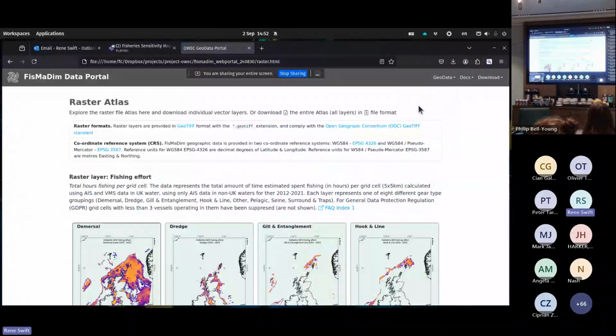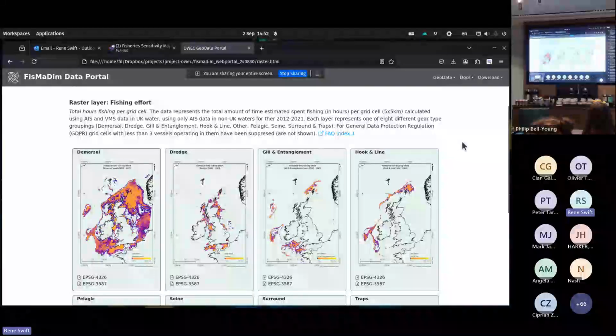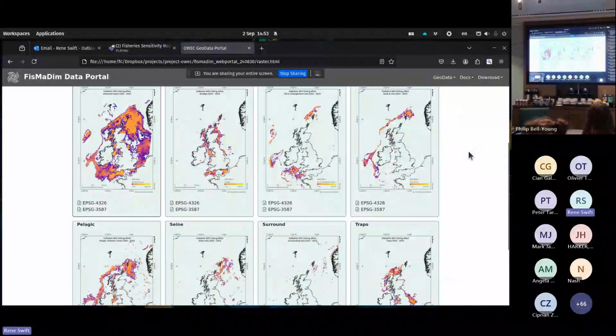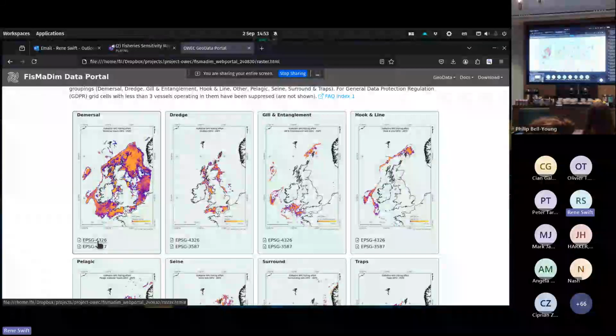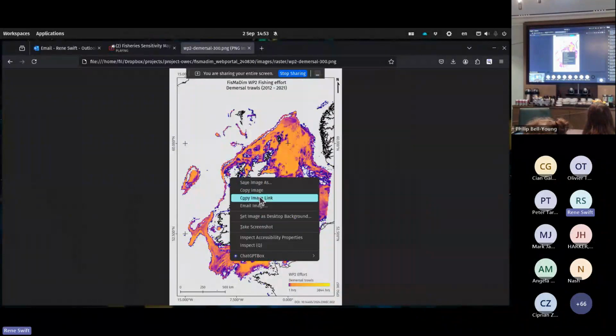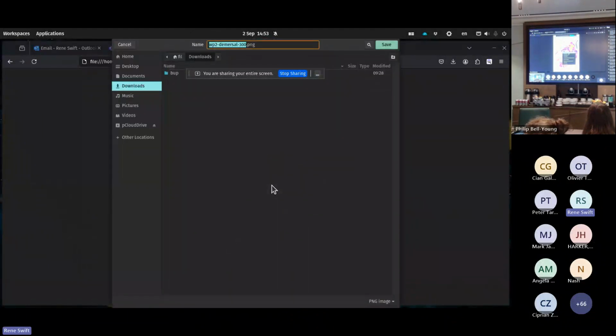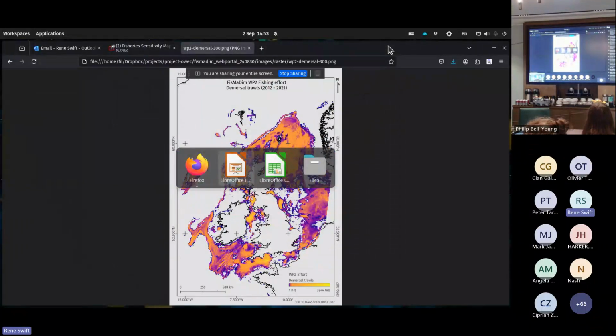There is a raster atlas for each of the different fisheries for work package 2. They've been designed so that you can either download the file in a geographic format, or you can click on that image, right click and save it as an image.